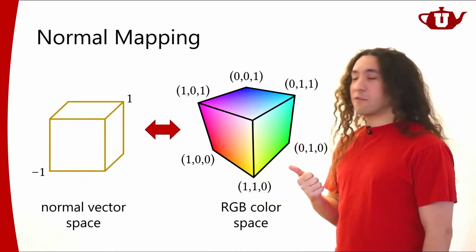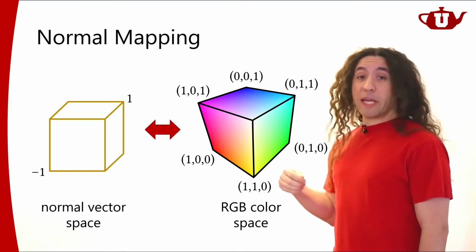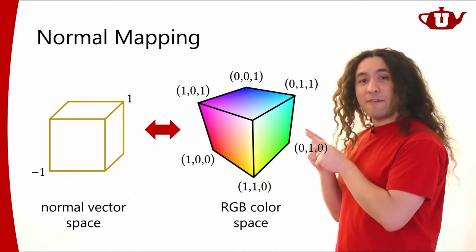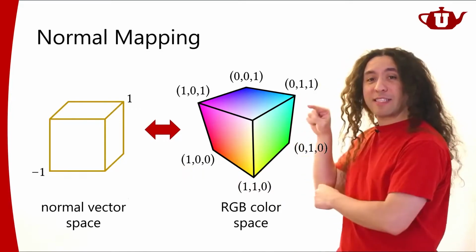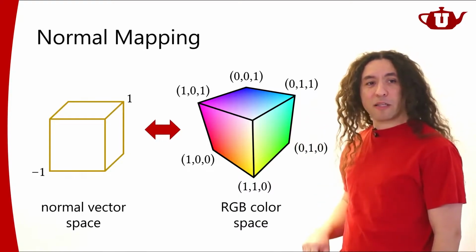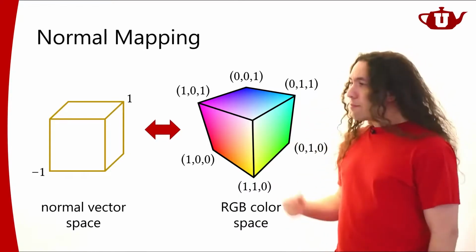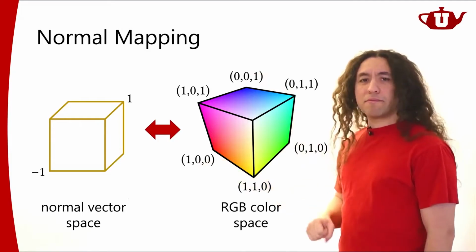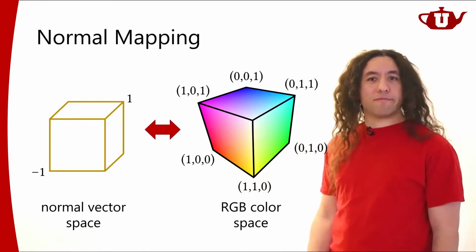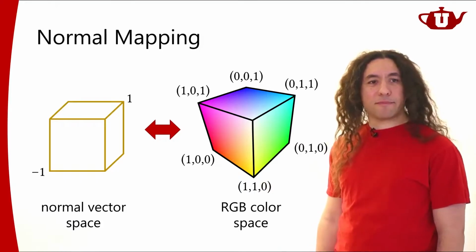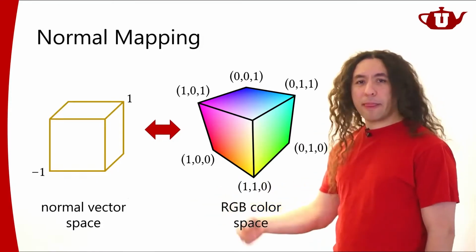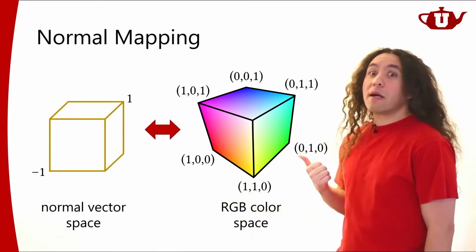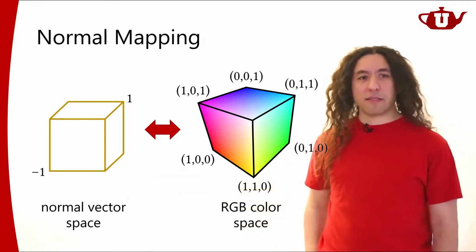So the color values will range from 0 to 1. So you just take your normal value, whatever that is, that's going to be on a sphere, and you map it onto a color value here. Again, it's going to be on a sphere inside this volume, right? Inside this RGB color space. It's going to be on a sphere, right? So Z coordinates would be represented by blue, X coordinates will be red, and Y coordinate will be green, obviously, right? So very, very simple mapping. And from a given normal value, you can compute its corresponding color value. From a given normal color value, you can compute its normal vector fairly easily, right?